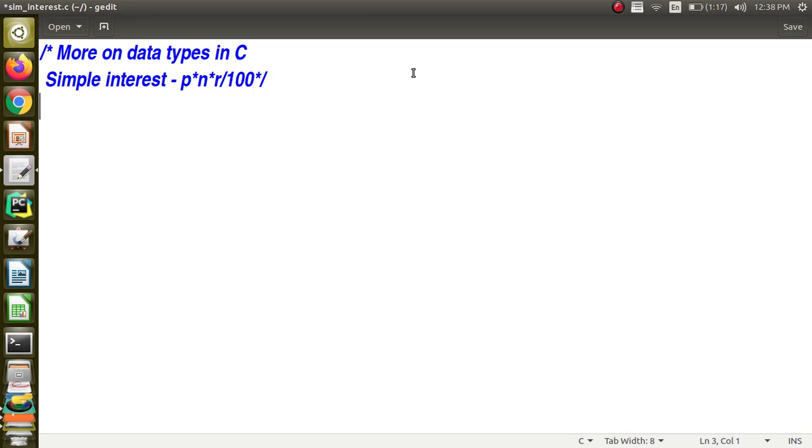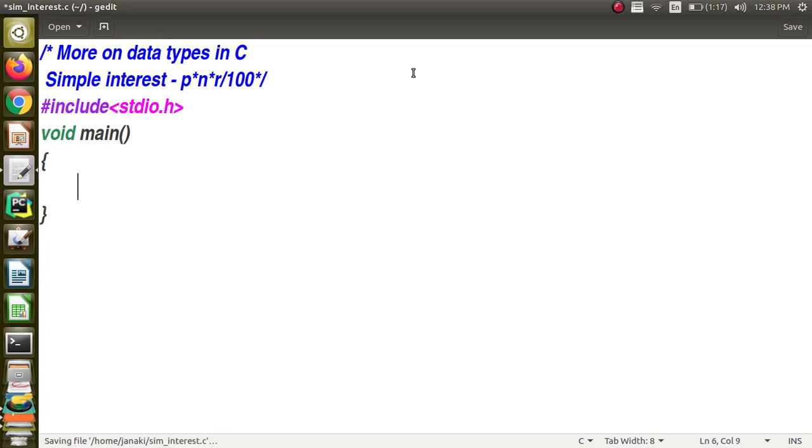Now we have to include the related header files. The header file which should be included in all the programs is stdio.h, standard input output.h. And we have seen that there should be one function in all the code, that is the main, and the return type is void, right?